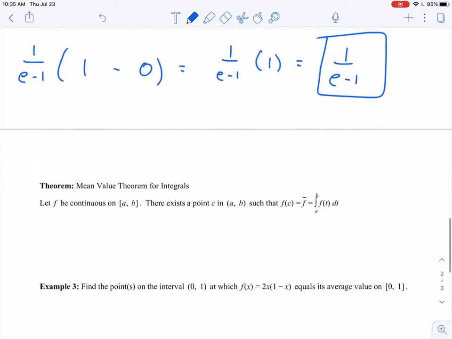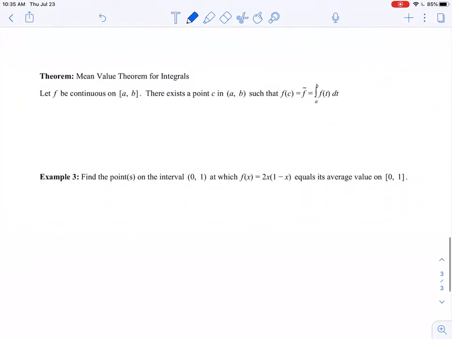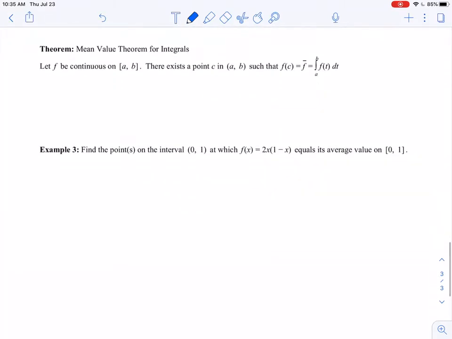One last theorem to talk about here. So here we have the mean value theorem for integrals. It is different than the mean value theorem for derivatives. It says something just a little bit different. It says let f be continuous on the closed interval a to b. There exists a point c in a to b such that f of c is equal to f bar, which